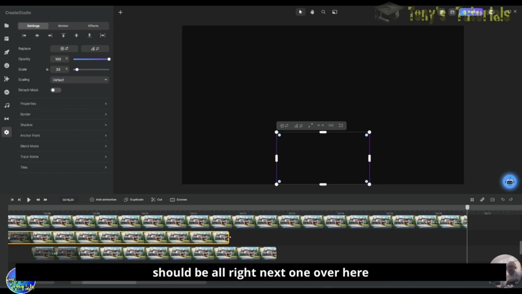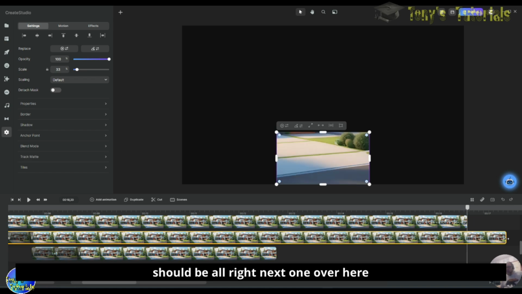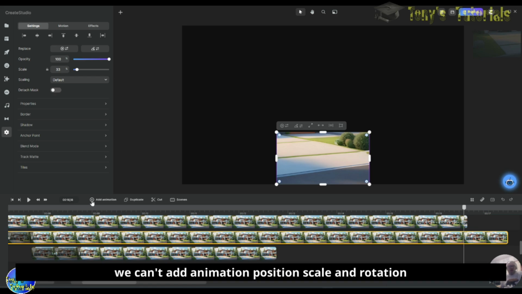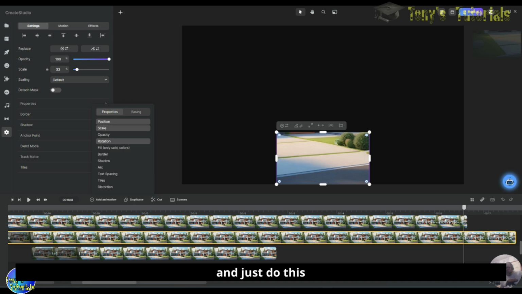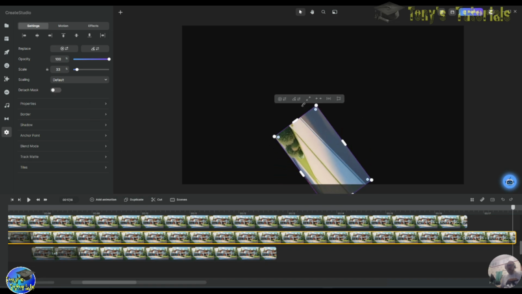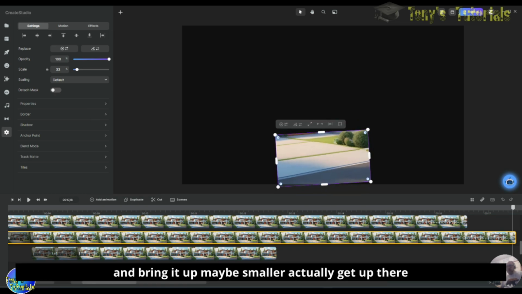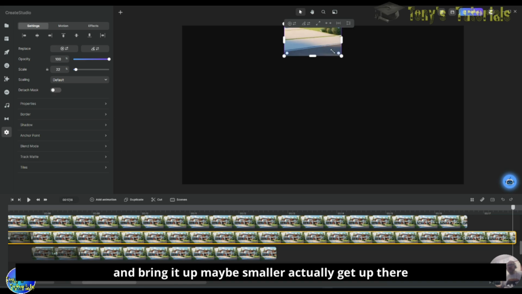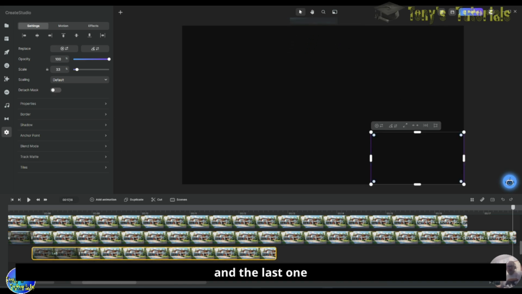Next one, over here, click on add animation, position, scale, and rotation. And just do this like that, and then I'm going to do it like that and bring it up, maybe smaller than that actually. Bring it up there, and the last one,